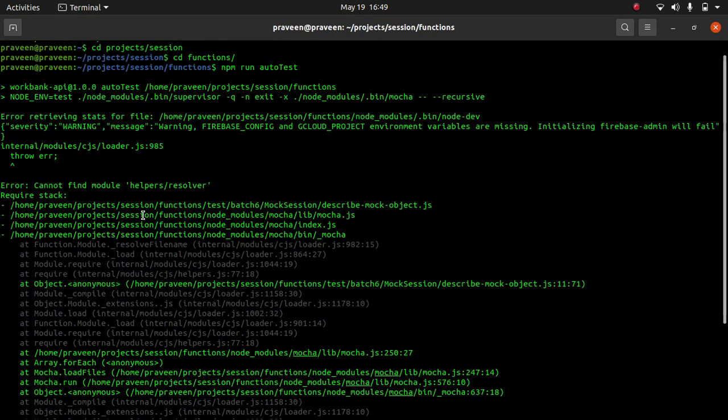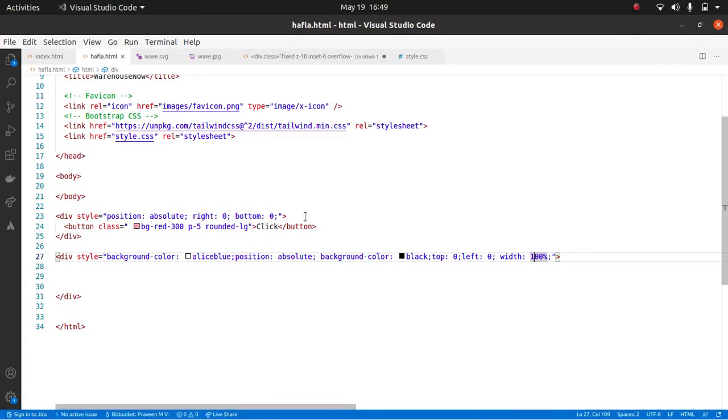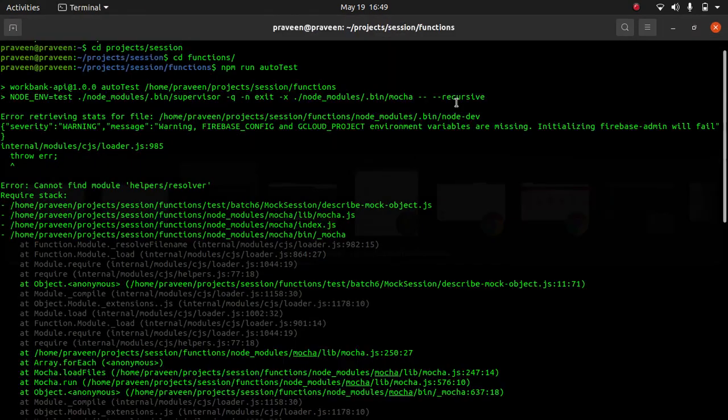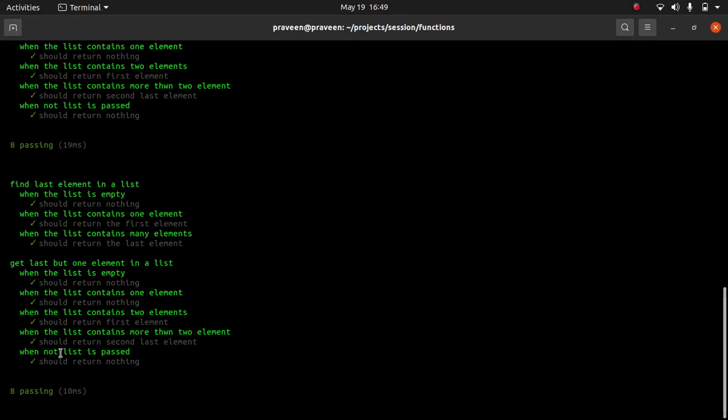Okay, helper resolver is not there. Describe mock object. So let me go to this. helpers.resolvers, I think it should be resolvers. Okay, so here everything is passing.